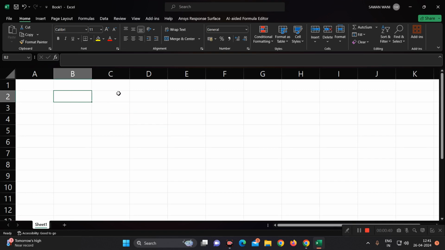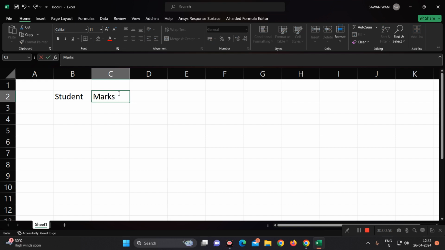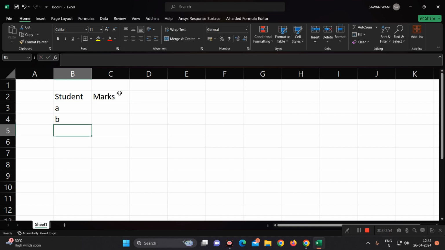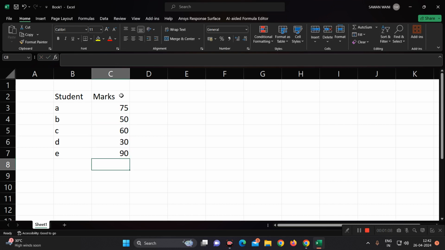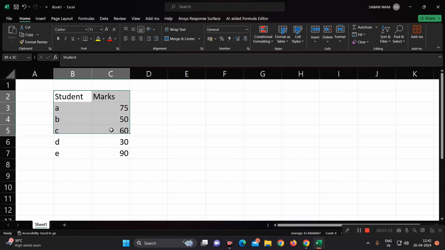Let's have a set of data. Suppose we have student and here we are having marks. So let's say student A, B, C, D and E, and marks out of 100, 75, 50, 60, 30 and 90. So now let's select this data,